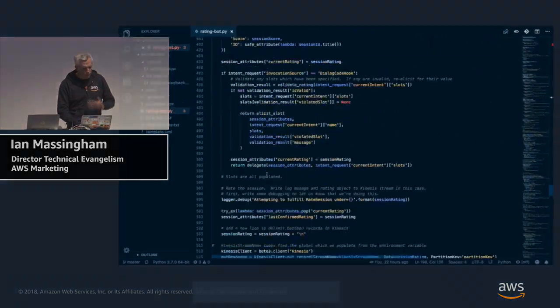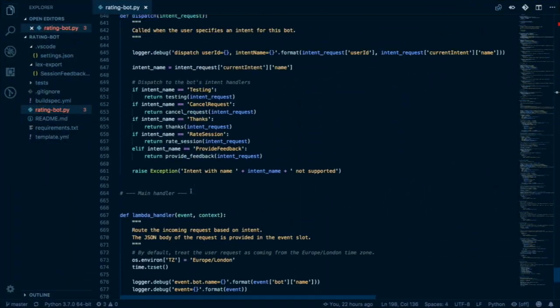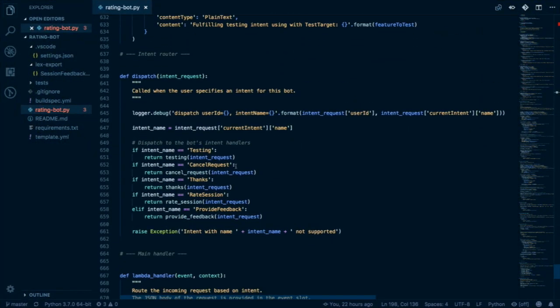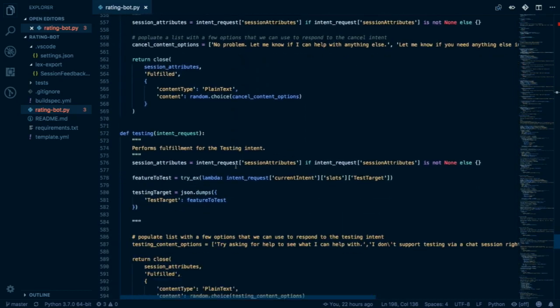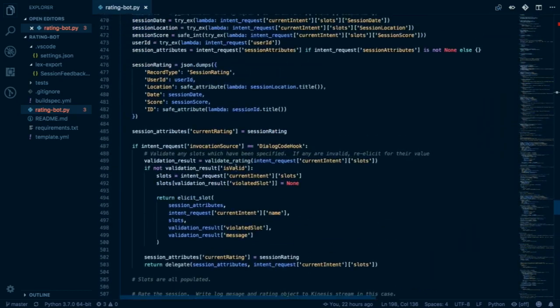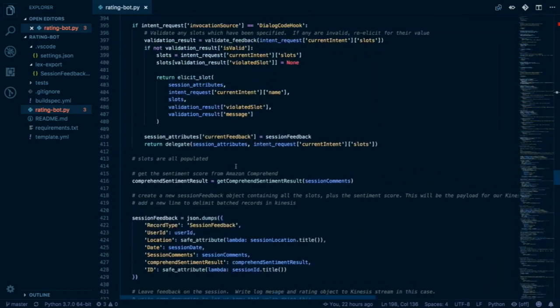And reading from the bottom up, you'll see that we have an intent resolver here. So the first thing that we do is resolve down the different intents. What is the currently active intent for the session? Okay, so for example, with provide feedback, they would pick that up from that fixed format document that we're receiving, and then we'll jump into the provide feedback function, which is here.